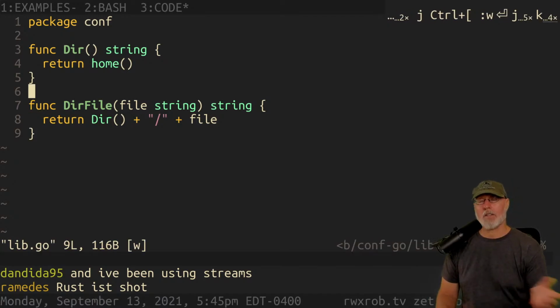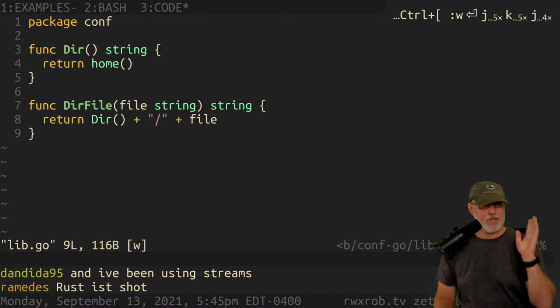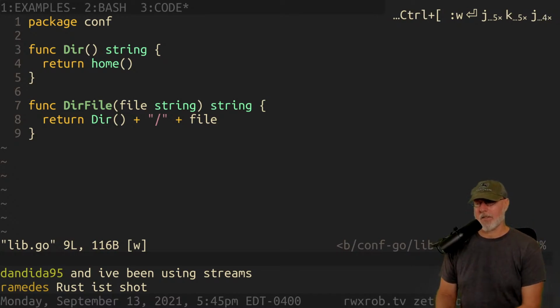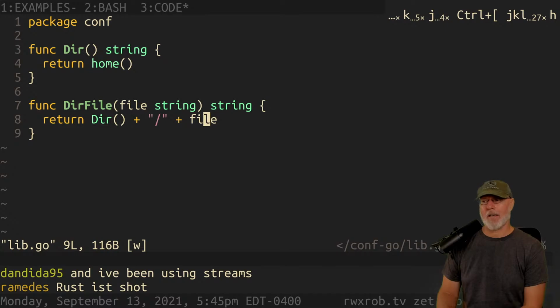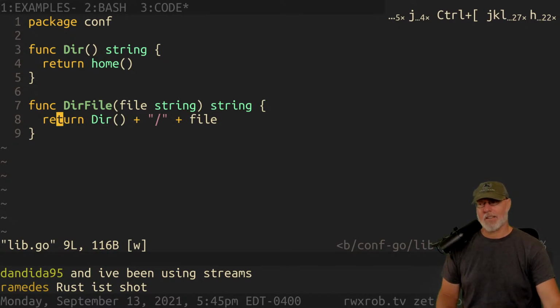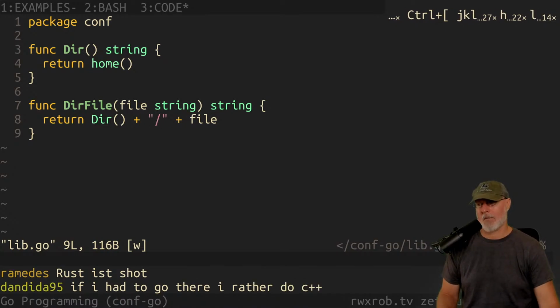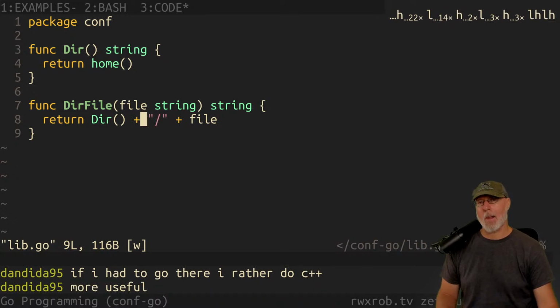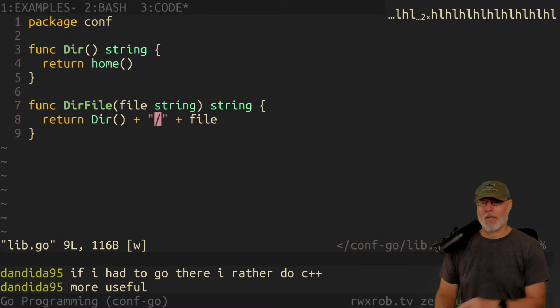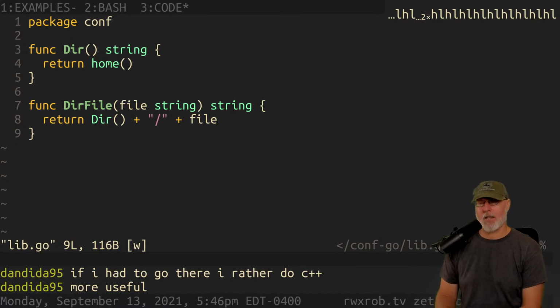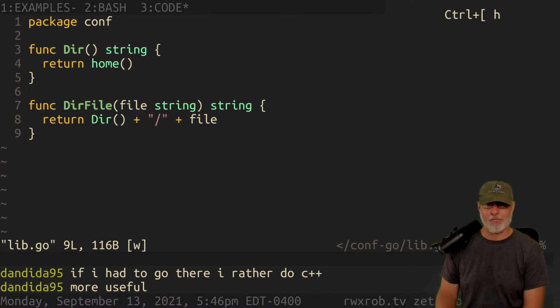All right. So here's what we have. Why is this bad? Do we have Go programmers out there? I'm doing this really slowly, but this is bad. Strictly speaking, it's kind of okay because Rust kind of makes up for it. But why is this bad? It's bad because we don't always know, strictly speaking, that every operating system that's supported by Go is always going to use a slash as a path delimiter.